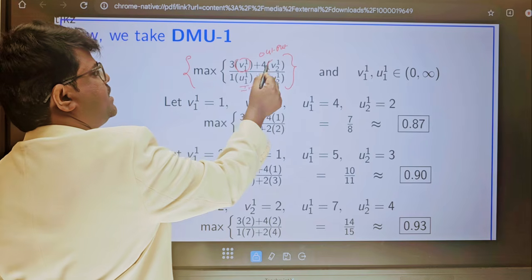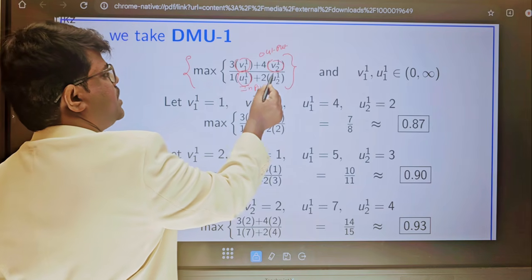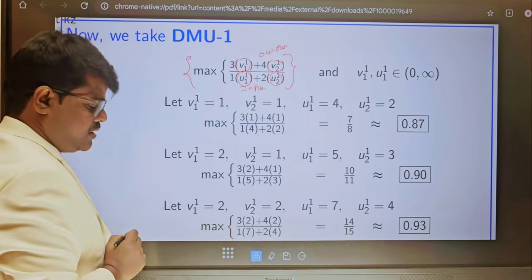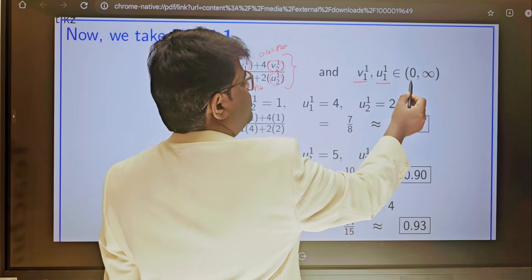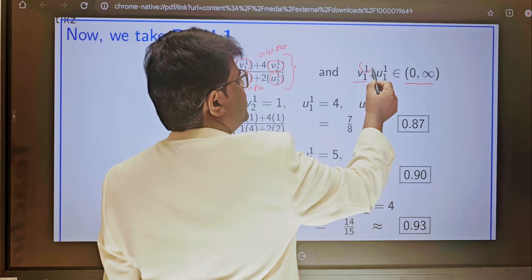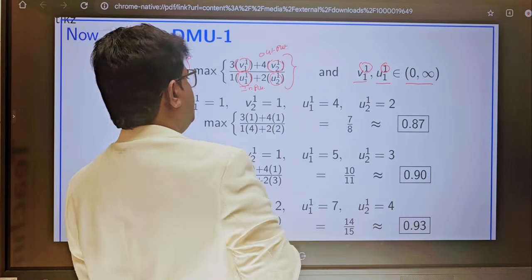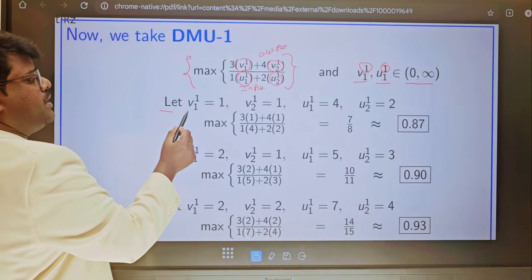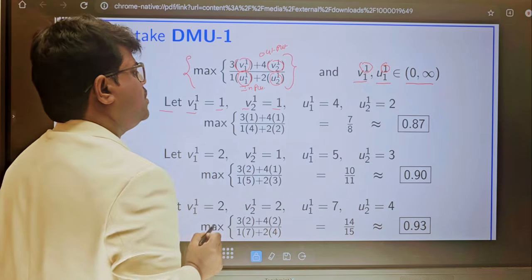I have to find for what weights of V1, V2 and U1, U2 this ratio becomes maximum. V1, U1 belong to the open interval 0 to infinity. The 1 indicates DMU1. So for this, let V1 equal 1, V2 equal 1,